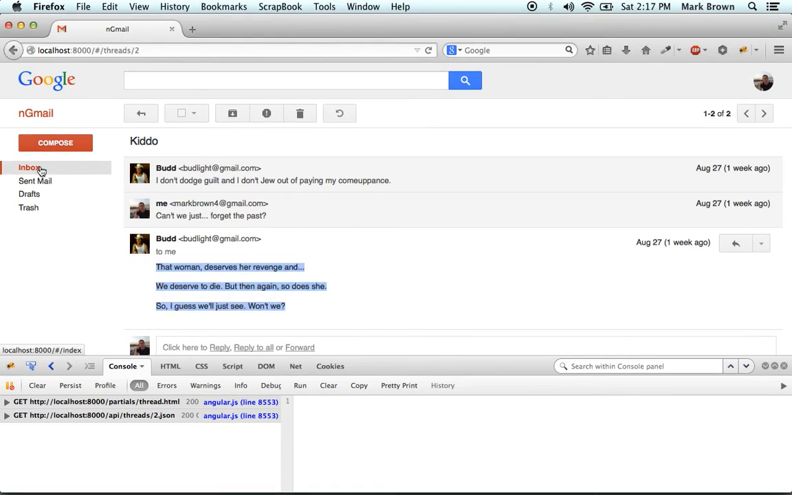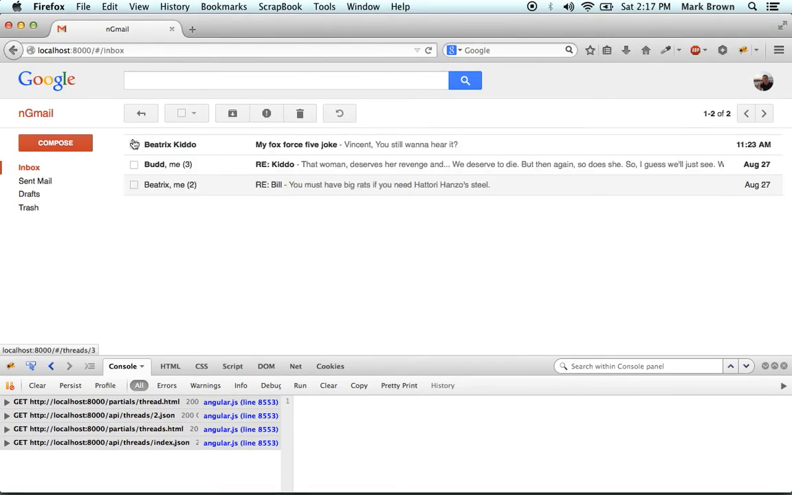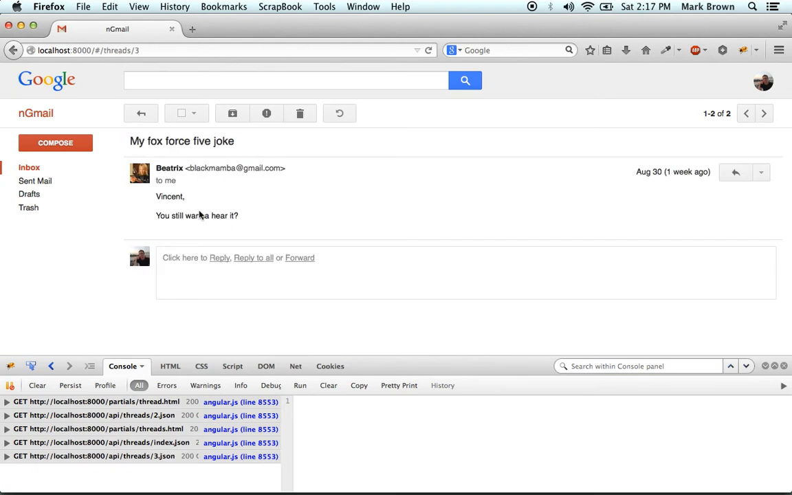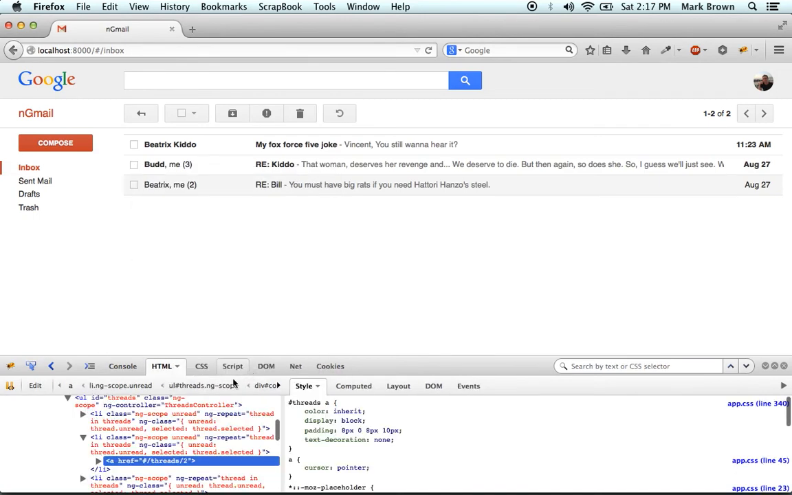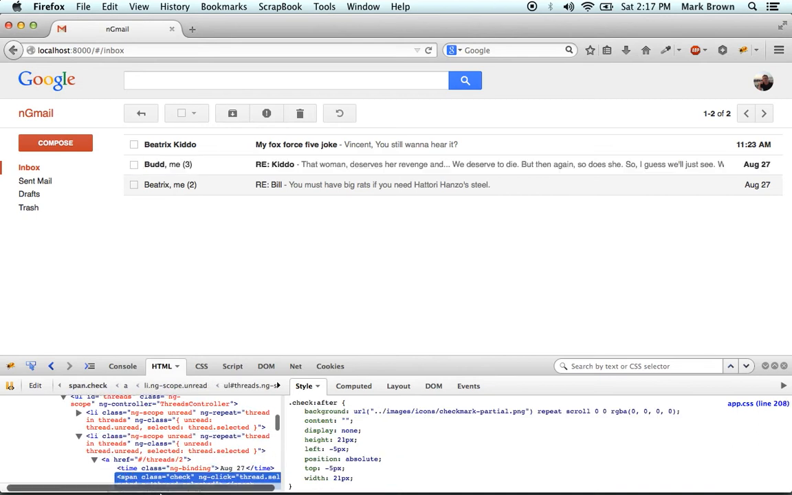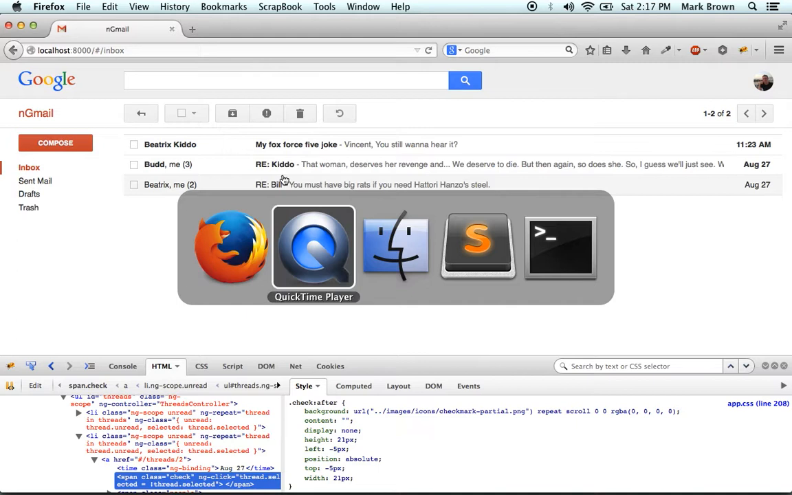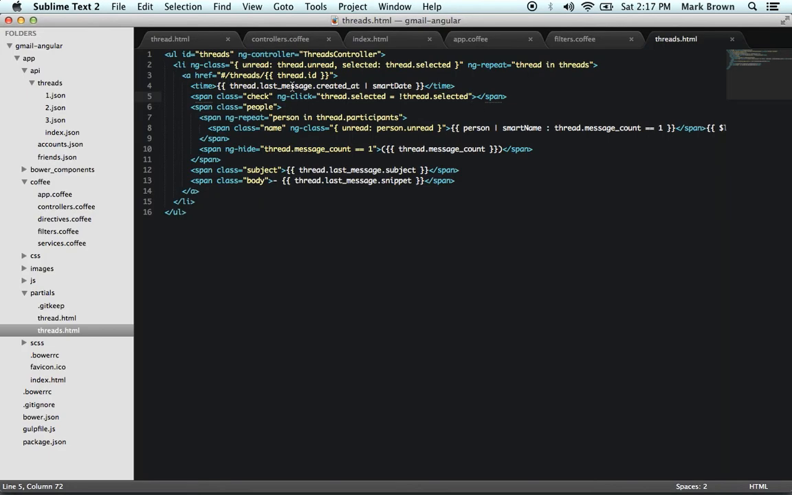So jumping back to our list of threads, we've actually introduced a bug. When we click on the checkboxes, it's changing that state and then navigating to the link underneath. So we introduced this when we added these links. The span for the checkbox is inside here, and we no longer get to toggle these. So let's fix that. Now there's a few ways to do this, but it'll give us a chance to look